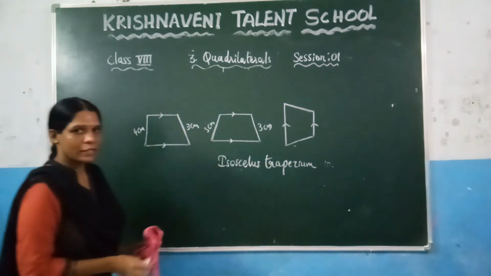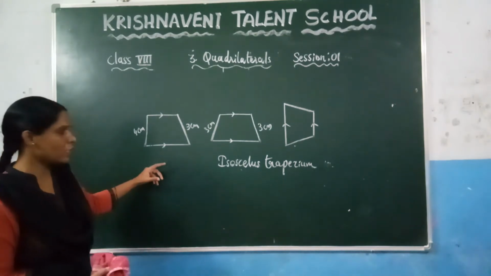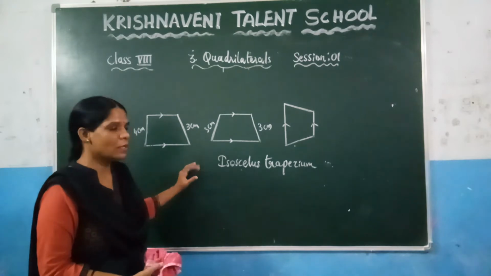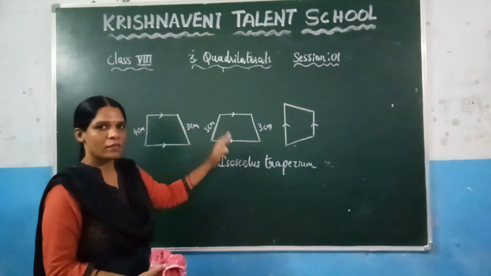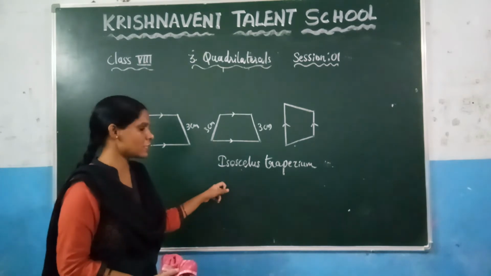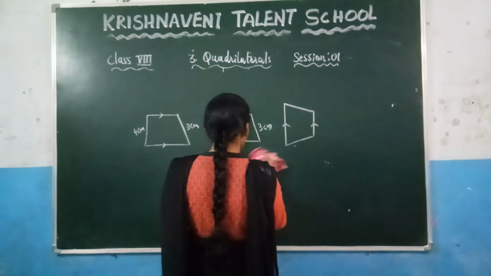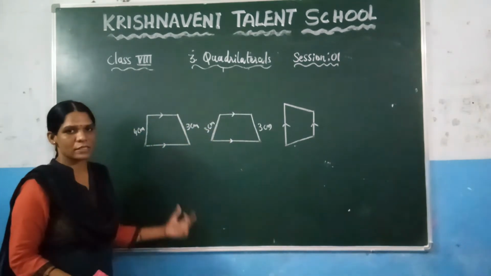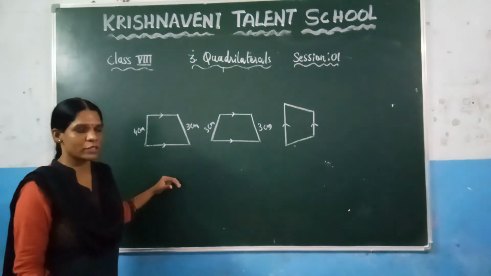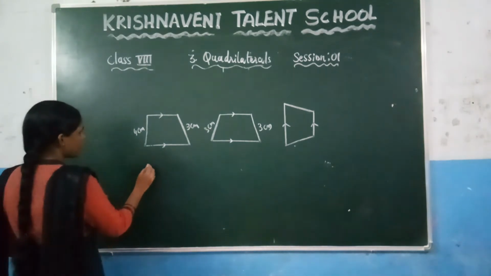So what is meant by trapezium? In a quadrilateral, if one pair of sides are parallel, then we call it a trapezium. And if in a trapezium, the non-parallel sides are equal in length, we get a special case that we call an isosceles trapezium. This is one type of quadrilateral. So the next one, we are going to discuss the next type of quadrilateral. Here we are going to discuss 6 types. This is the first type. Now see the next one here.